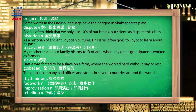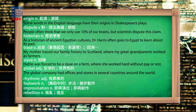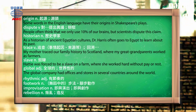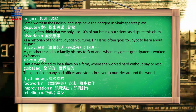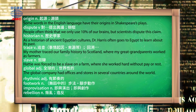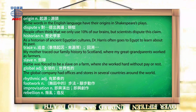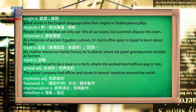That's an adjective, and when something is global, it happens all over the world. We could also say that it is international. Global comes from the word globe, which means a big ball. You know what is a big ball? Our planet. So when we talk about something being so big it could go around our planet, we mean it is happening everywhere. So here's an example of that. YouTube's popularity is global, with people all over the world making videos and uploading them to the platform. Global 这个形容词代表就是全球的、世界性的。